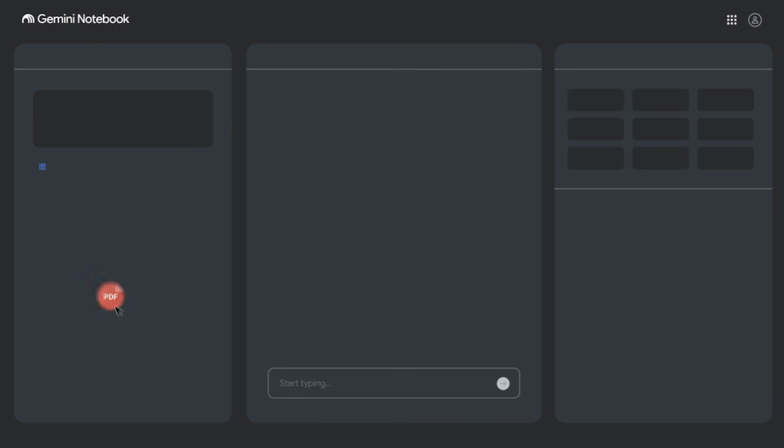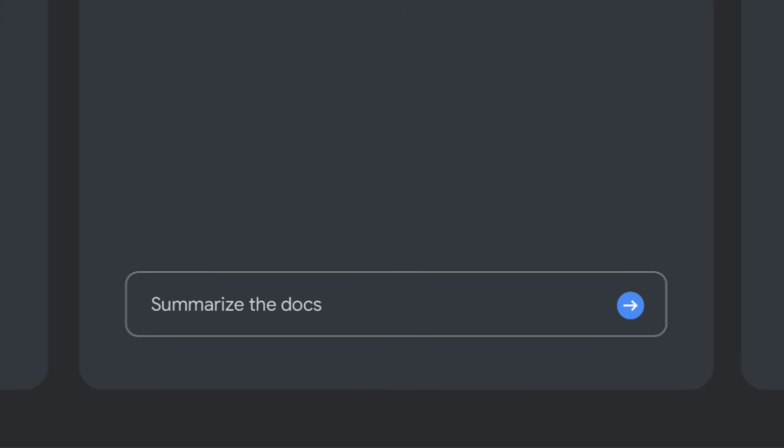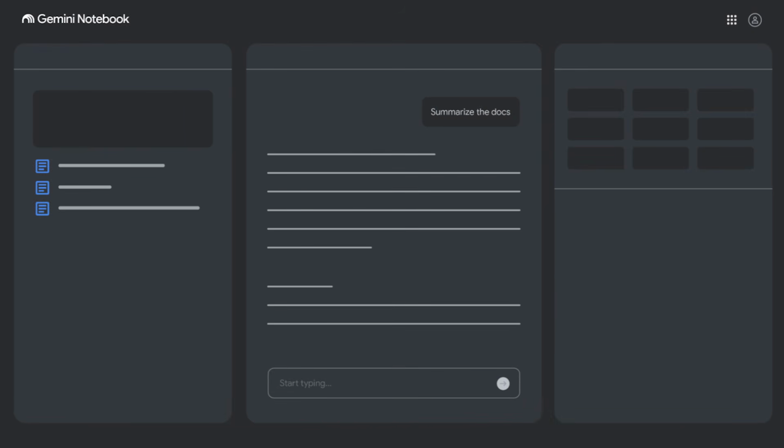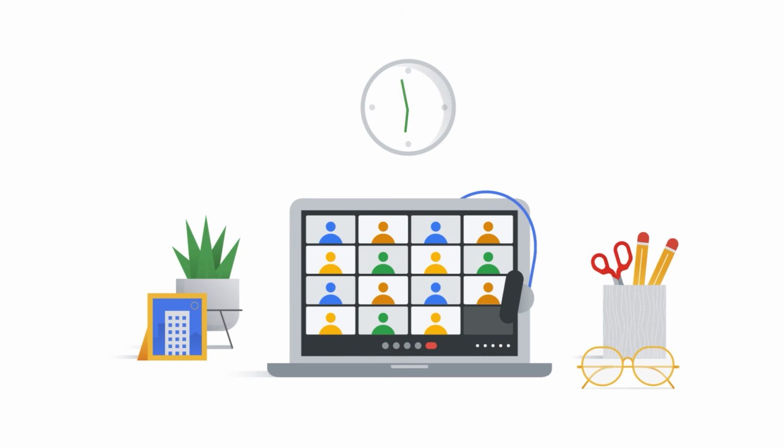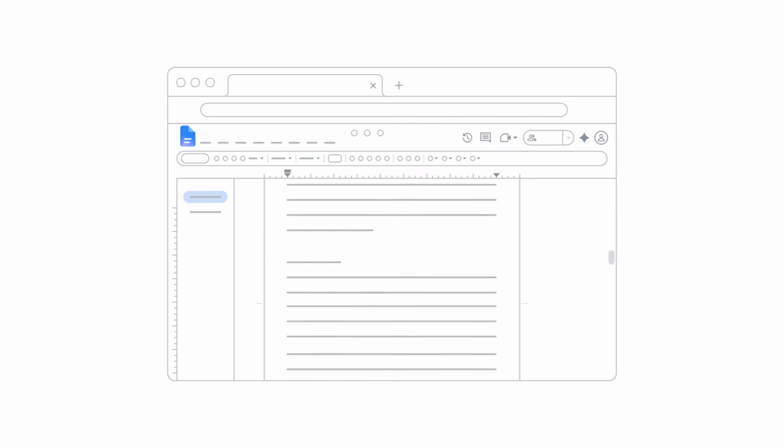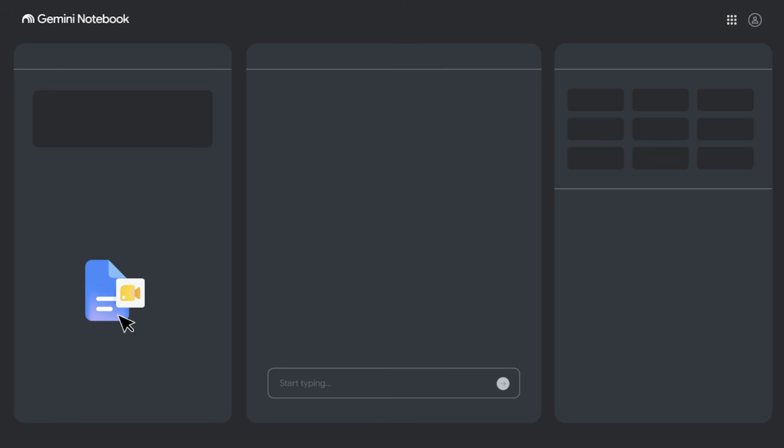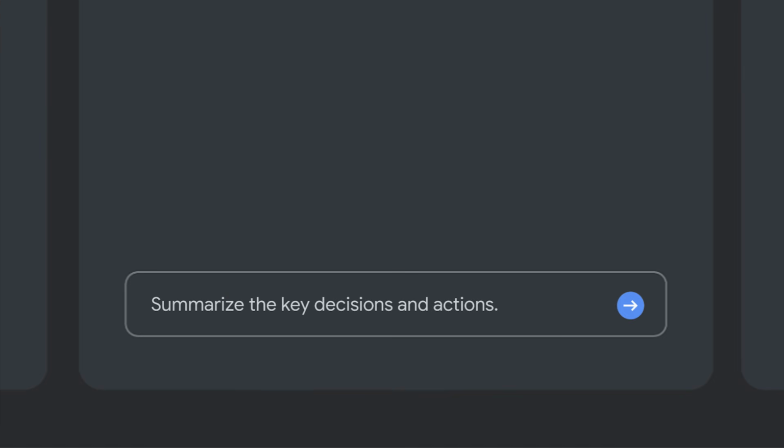You can upload files like PDFs, Google Docs, or meeting transcripts and ask Gemini Notebook to summarize them, find key insights, or even generate new content based on that information. For example, imagine you've just finished a 2-day conference and have hours of recorded meeting transcripts. You can upload them to Gemini Notebook and ask it to provide a concise summary of the key decisions and